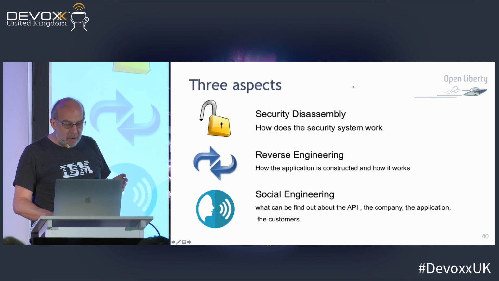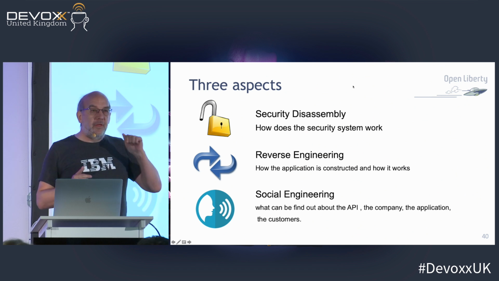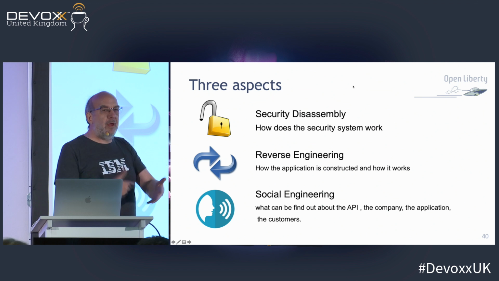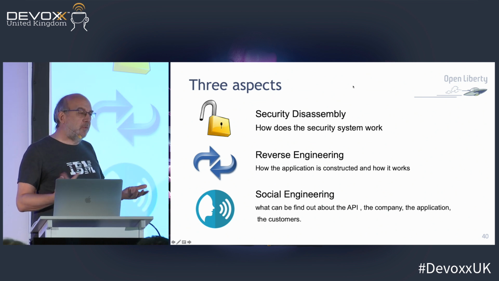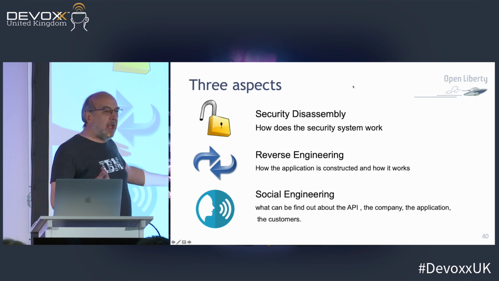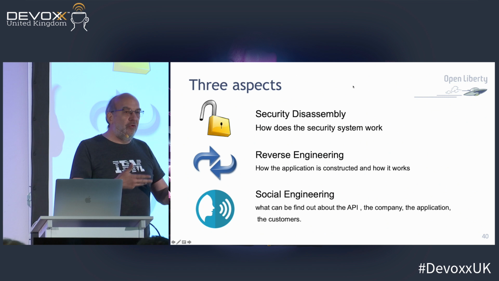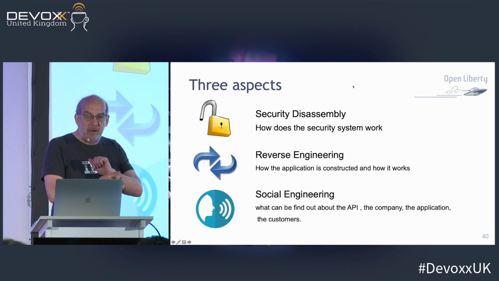There are three parts to how they get to you, and we're only going to talk about one. They're going to try and figure out how you do authentication and access management and try and get around that. You may say, I have the best access management, therefore people can't hack my API. The answer is, that's not true, because there are all sorts of ways of getting around your security. It's not difficult. You only have to make a mistake and they'll get it.